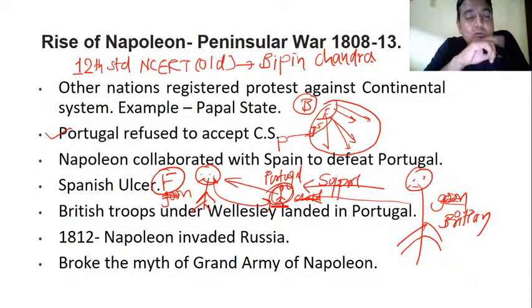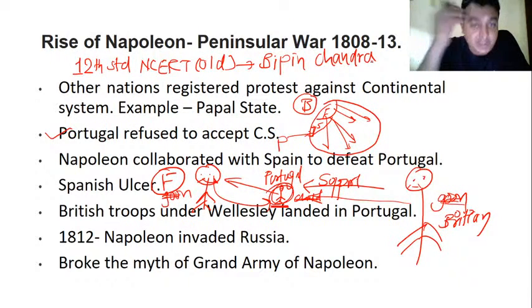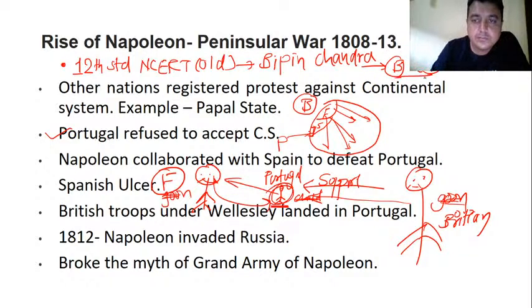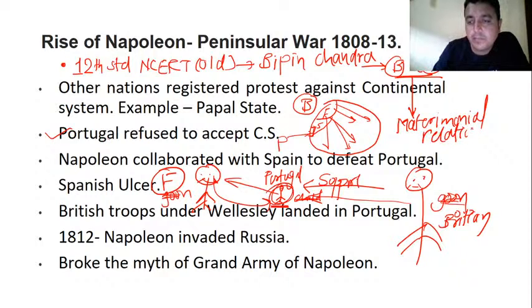So please make up your mind that I have to read it at all cost. And reading always has one aspect, that is understanding. Clear? So those who read that book might have gone through one incident or event. It is mentioned that Britain and Portugal established matrimonial relations, and because of that relation,